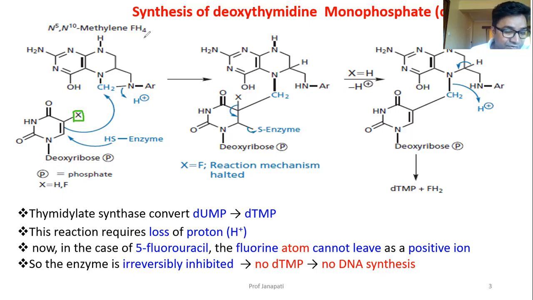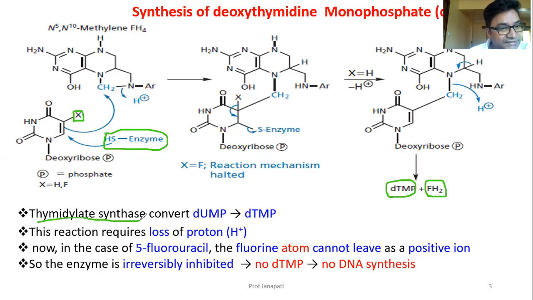Now, during the synthesis of deoxythymidine monophosphate, this is the end product. And this is also an end product which is recirculated in our body. Now, three components are very important here. One is the enzyme. What is that enzyme? Thymidylate synthase is the enzyme. Then there is uracil; now we are considering X as H. And one more is N5N10